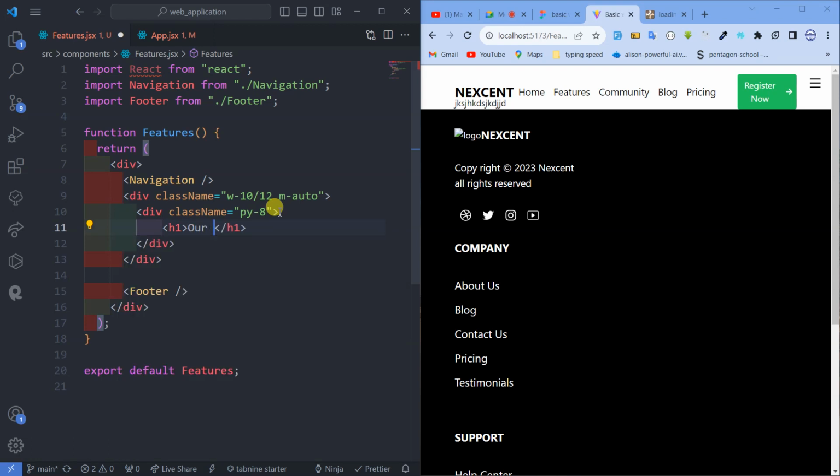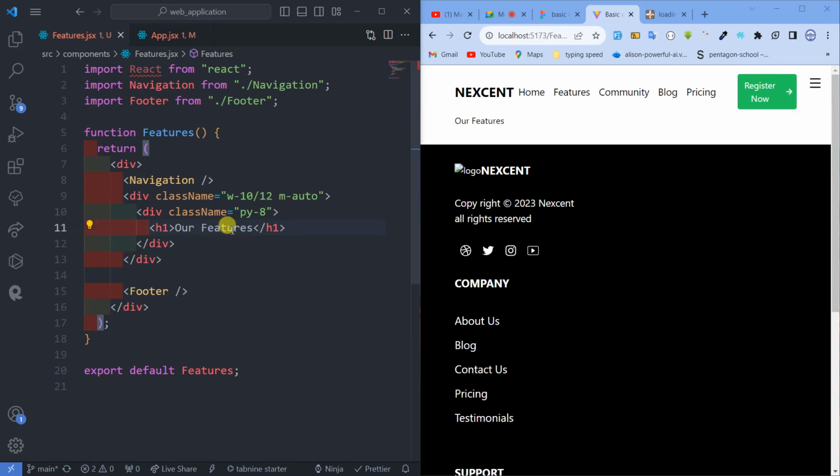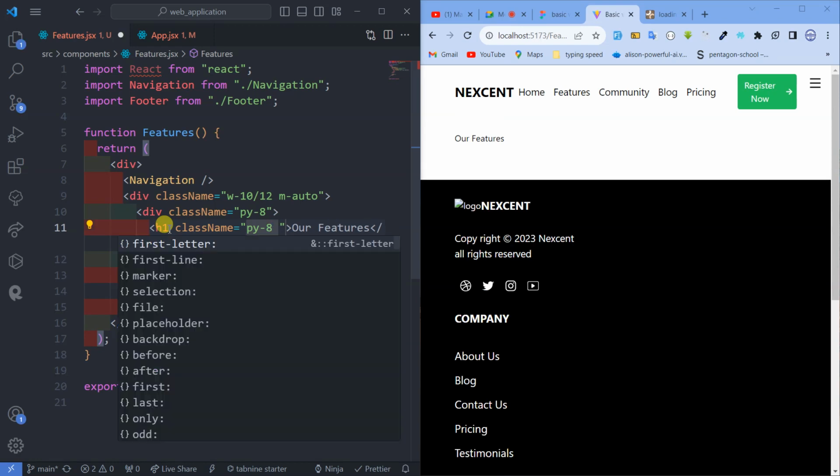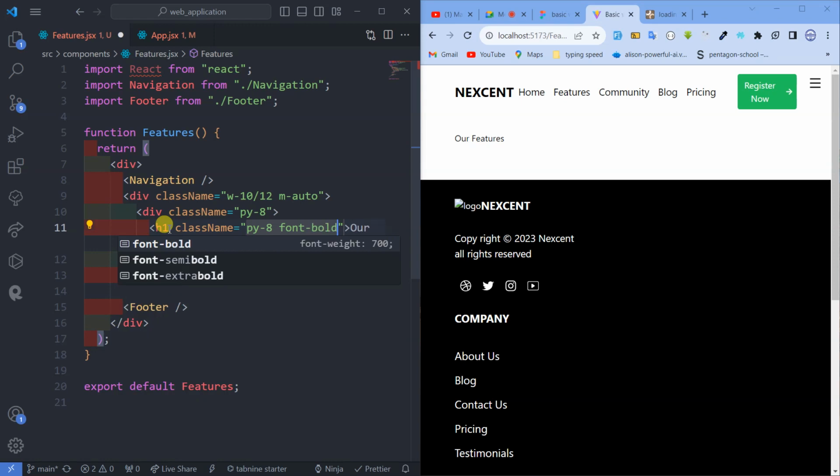I can say here, our features, like this, you see. If I want to make it bold, it's just easy. Like always, try to practice, because you guys are just new to this type of CSS. It's very easy. We have py of 8 like this. If I want to make it bold, font-bold, and so on. If I want to make it uppercase, just type the word uppercase like this, and it changes into capital letters. So this will be the